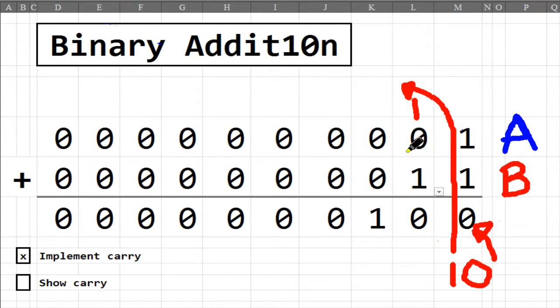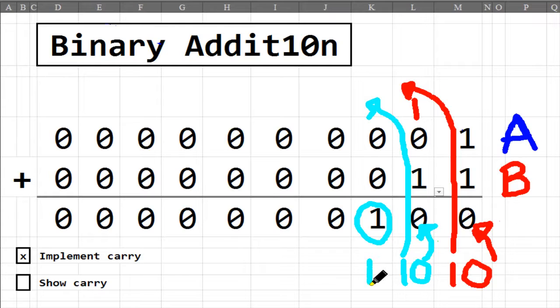1 plus 0 is 1. 1 plus 1 is 2. The 0 goes here. 1 gets carried over. 1 plus 0 is 1. 1 plus 0 is 1. So you have 1. And to double check if that is 4, you have to be familiar with your binary